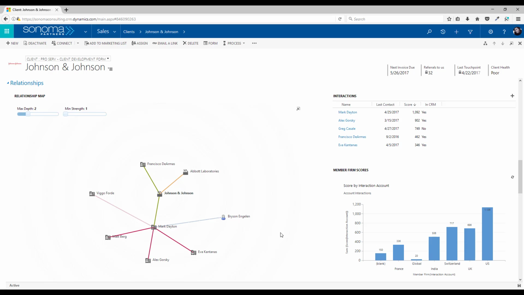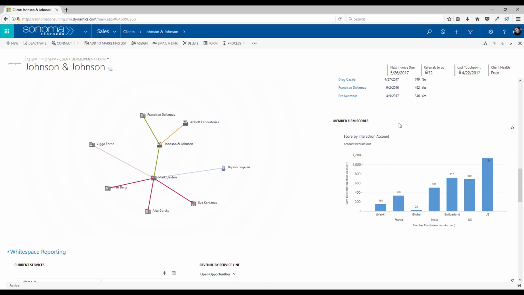We could also see through here that Mark has a couple of inroads with contacts at maybe other organizations, so that we can utilize our relationship with Mark to make inroads with those other potential clients. On the right-hand side, looking at things like our email interactions, that's syncing all up with Exchange. We're looking at member firm scores. If you have different offices that are contributing to the success of Johnson & Johnson, you can see the role